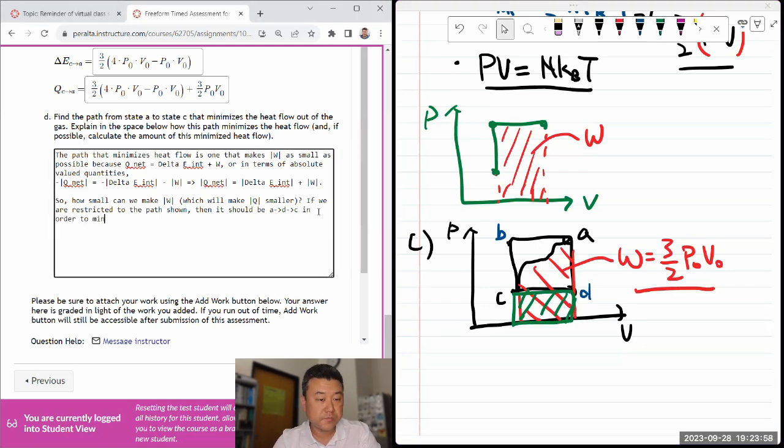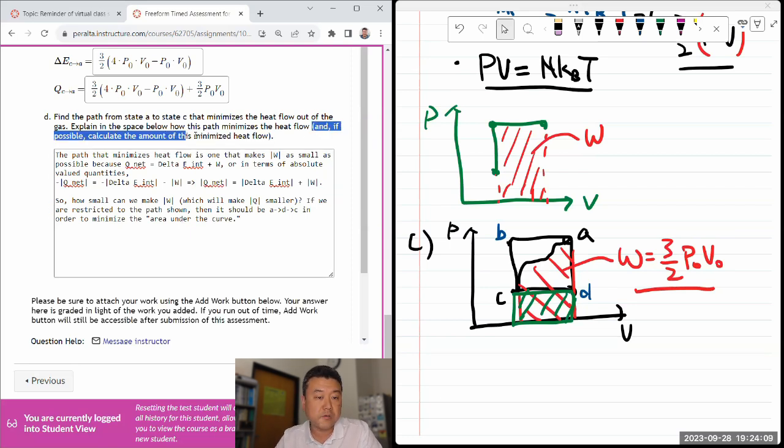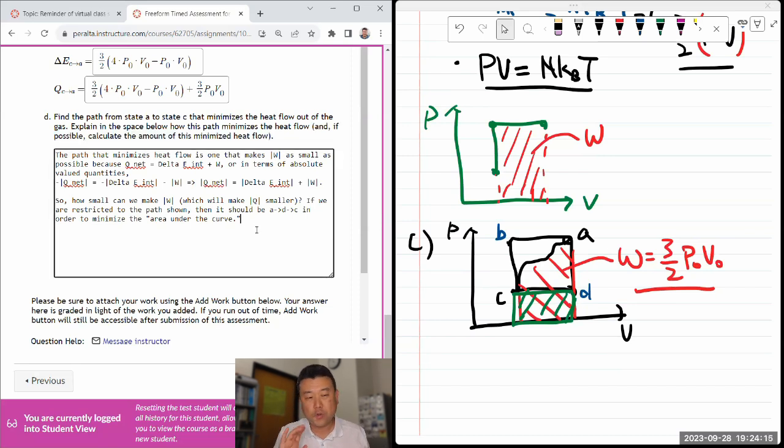in order to minimize the area under the curve. And you could do this, calculate the amount of this minimized heat flow, totally fine. You can go ahead and do it. And this being kind of an open-ended question, you can also answer with a little bit of creativity, which could be something like this. If we are not restricted to the path shown, then